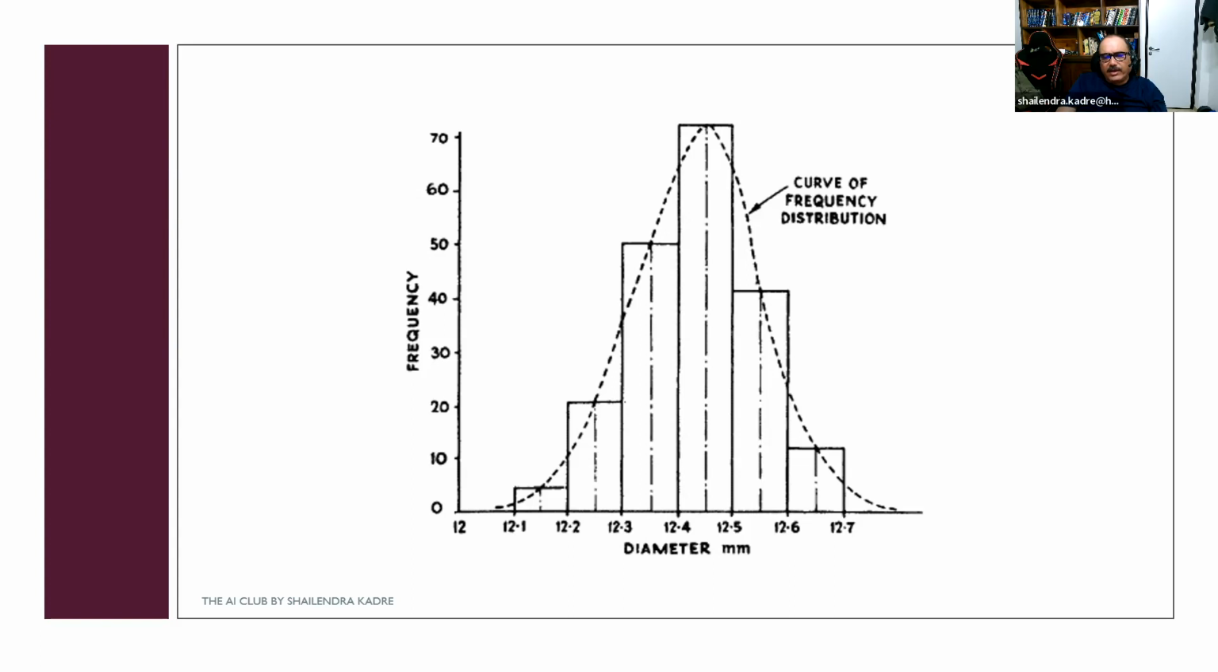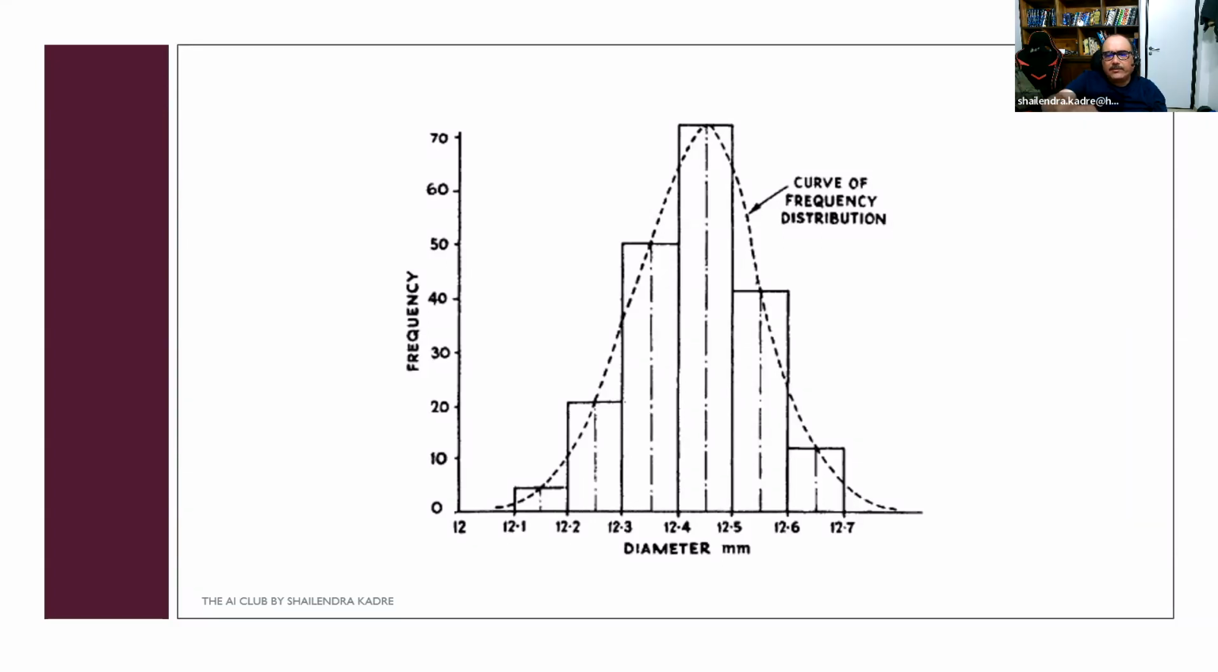Has everybody understood how I plotted this frequency chart? Yes, sir. Simple, right? Between 12.1 and 12.2, I have around 3 or 4 volts, so my bar is small. And between 12.4 and 12.5, I have the highest number of volts, more than around 72, 73. So I have the biggest